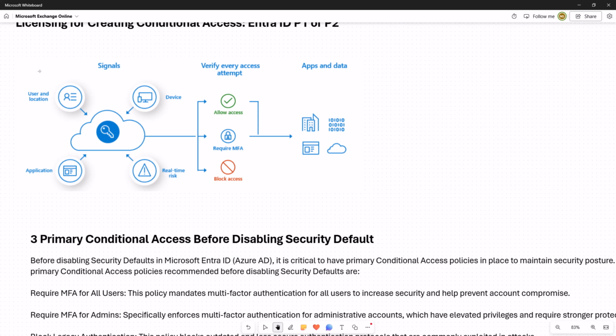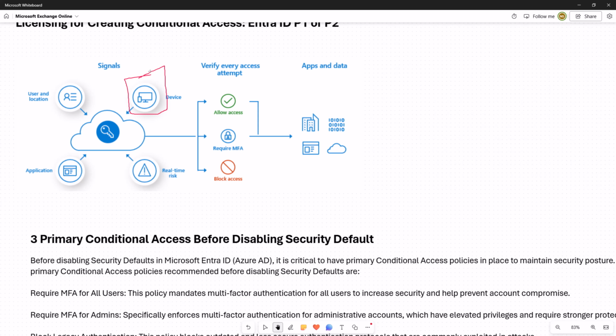So this is again access management, how you provide access. Suppose there is one device and you have defined a conditional access policy that a device should not access your company resources if it is not compliant.